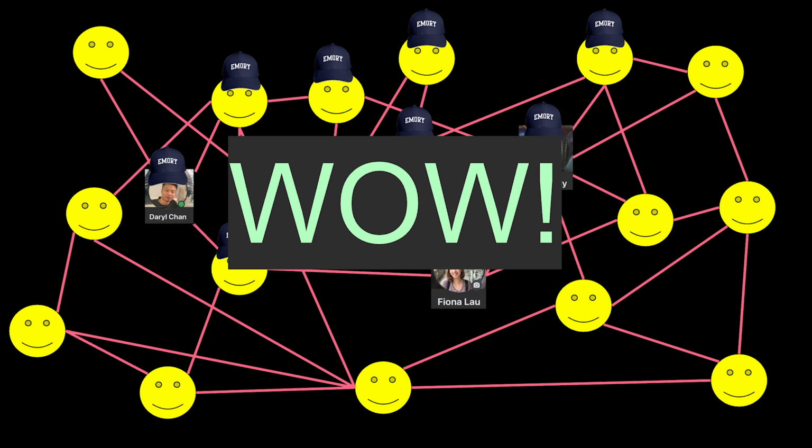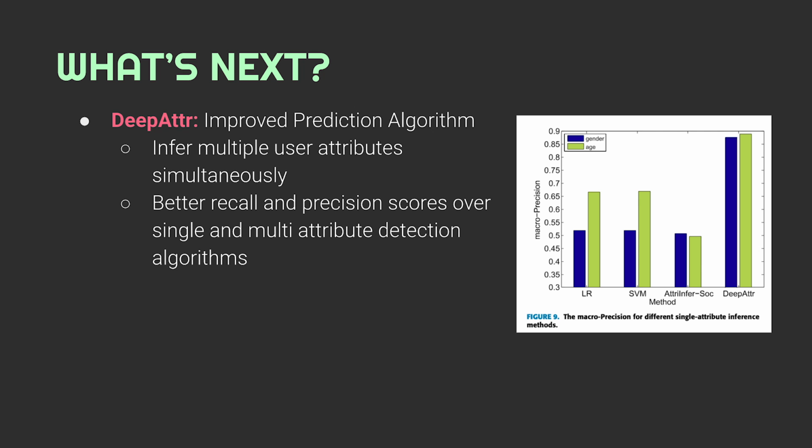using the network friendships. The 2019 paper, Deep Adder, Inferring Demographic Attributes via Social Network Embedding, shows that past community detection models fail to take into account the correlations that exist between demographic attributes, which leads to a lower precision performance overall. Instead of focusing on community relationships, this paper focuses on relationships between attributes. They've demonstrated their methods significantly outperform other methods for both single attribute inference and multi-attribute inference on a large-scale social